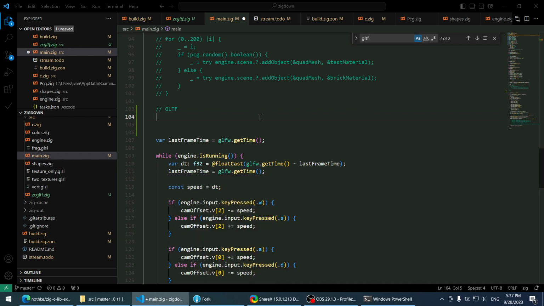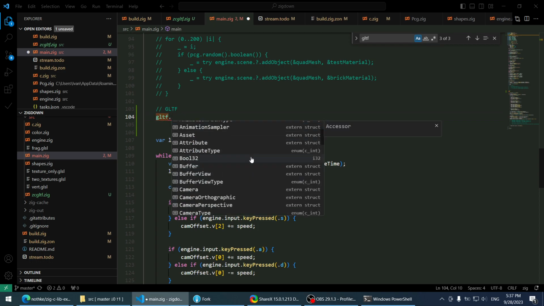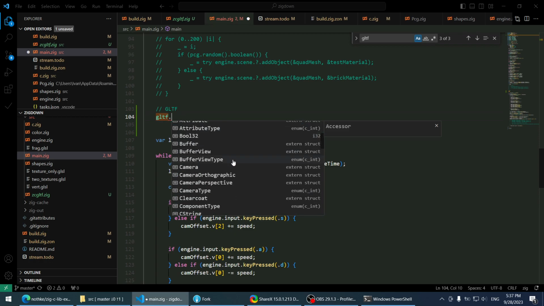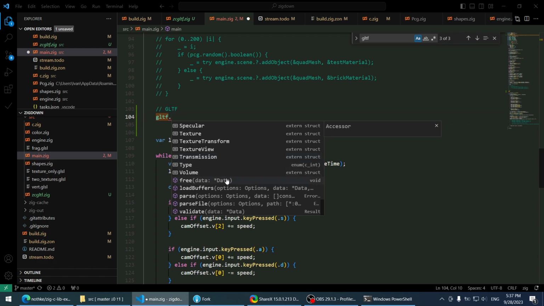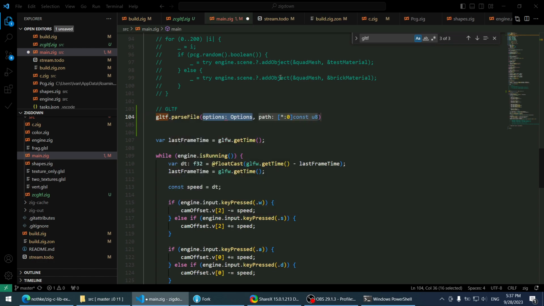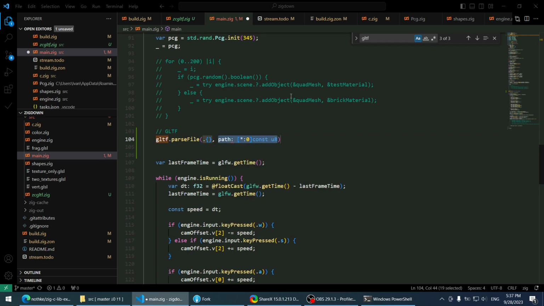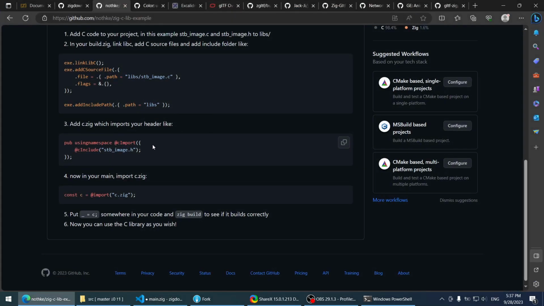So how does glTF work? Well, it's basically a JSON that you can load a file, basically give it a file. Does it have load buffers? This is all structs. Does it have parse file? Okay, let's try parsing a file. Options, we might use the defaults. Let's try path. So I need a glTF, some glTF